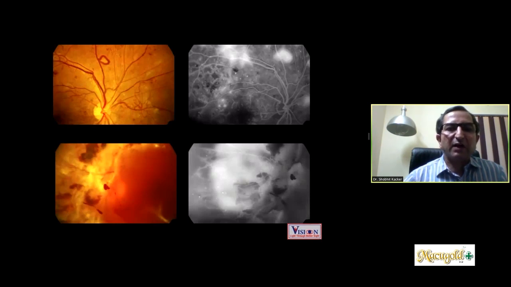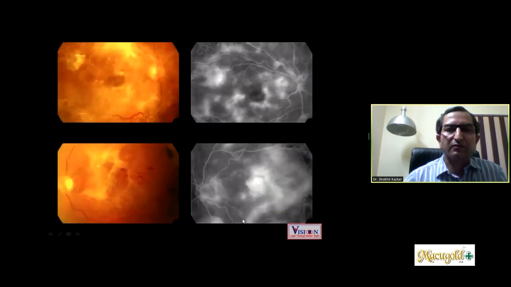This is when advanced cases of proliferative diabetic retinopathy showing looping of the vessels, extensive NVE, there's presence of pre-retinal hemorrhages, subhyaloid hemorrhage, vitreous hemorrhage, all mixed types of presentation. Large areas of non-perfusion visible over here in the periphery. Another presentation is showing a lot of fibrotic changes here, a lot of NVE areas,